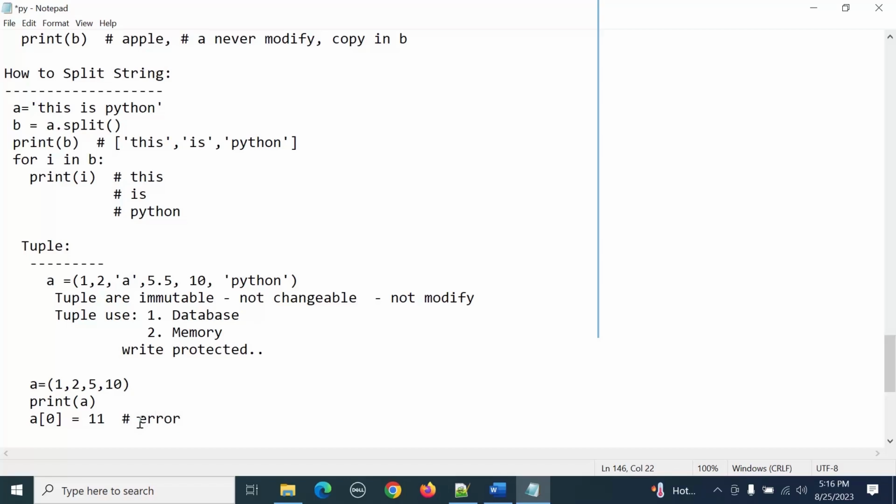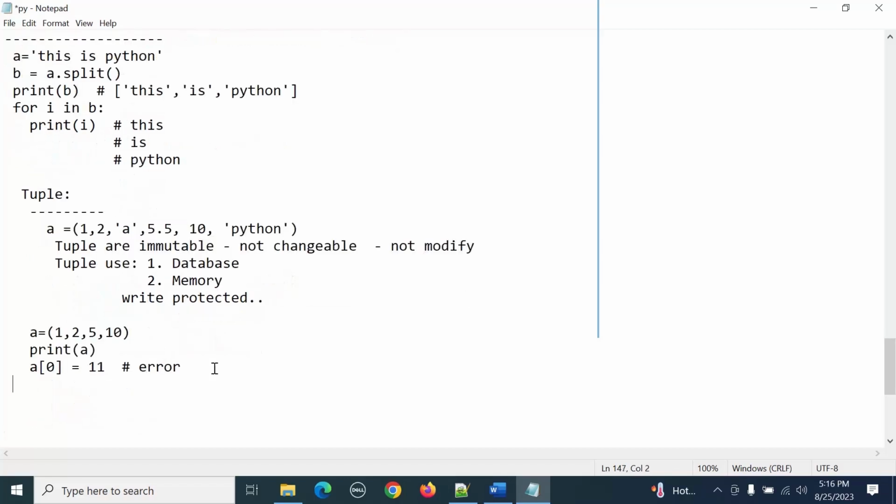So if you want to modify it, how can we do it? How is a string modified? The string is converted into a list, and we can modify it and convert back to a string. Here also it is the same. First convert the tuple into a list, then modify it, then convert back to a tuple. So now how can we do it? Tuple to list, how can we do it? Similarly, we can just take this one,